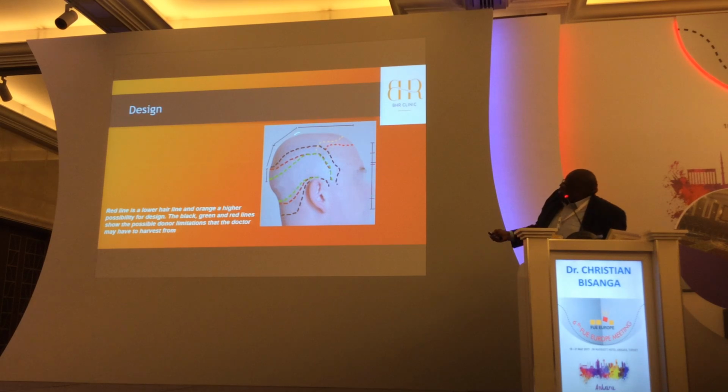The height of the hairline is also important. For most patients, a high hairline is not popular. If it was a high hairline, they're not going to like it. But the reality is, they have to understand that hair loss is a progressive condition. If you want to play safe, you really have to keep the hairline at a decent level, usually around 7 to 8 centimeters above the eyebrows.